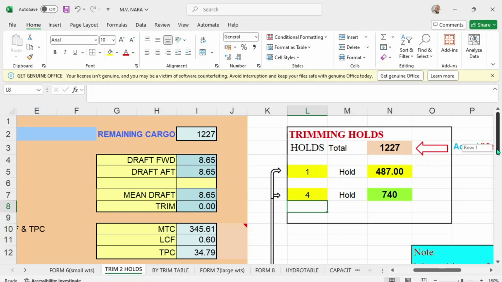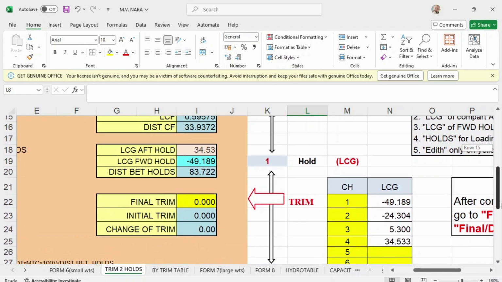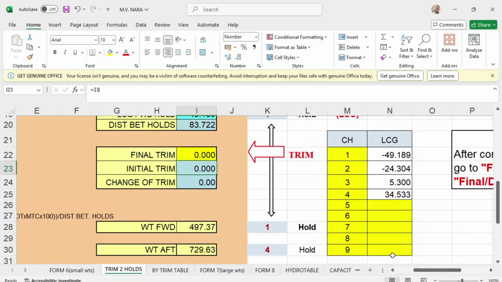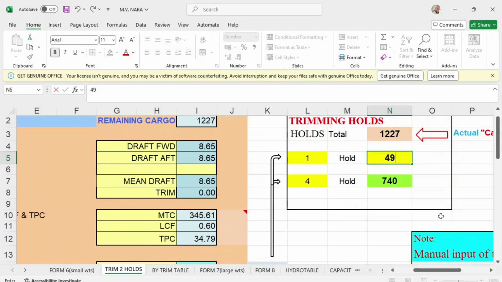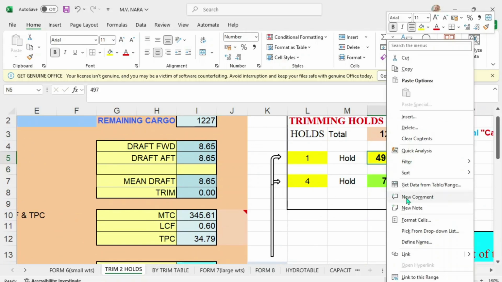Then you will have 0 trim. How much are we going to load in hold number 1? Let's say 497. You put here 497, and put this like this.